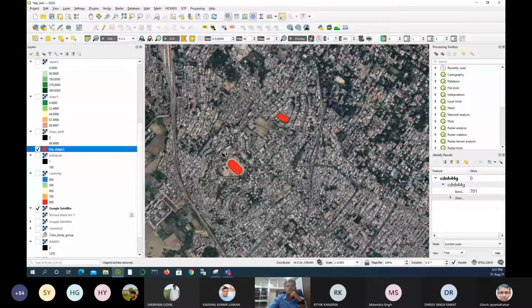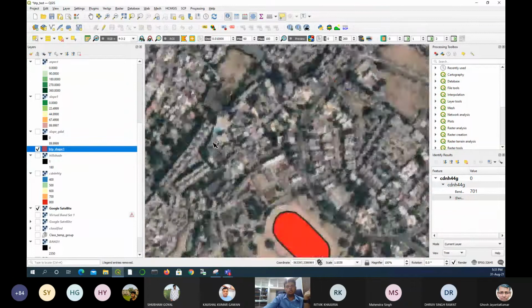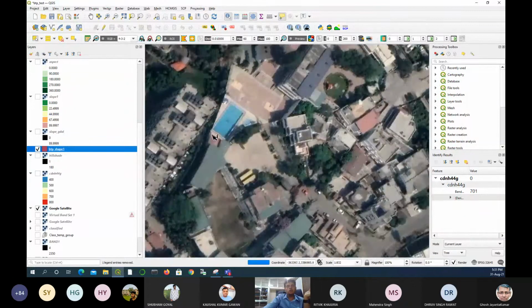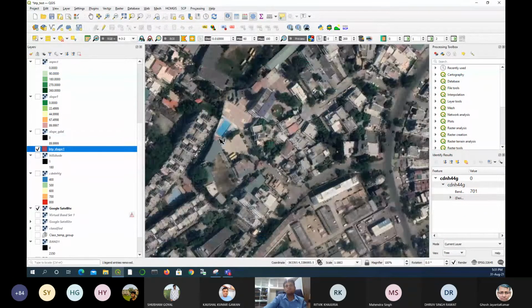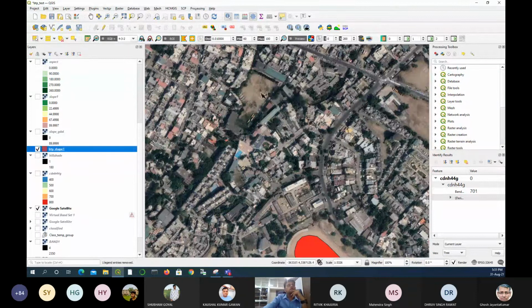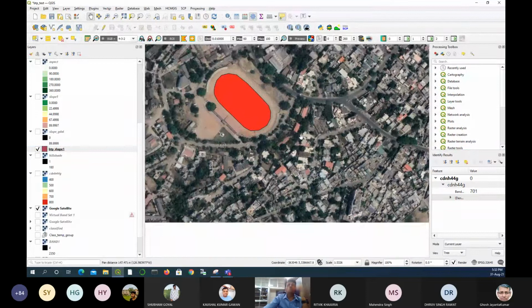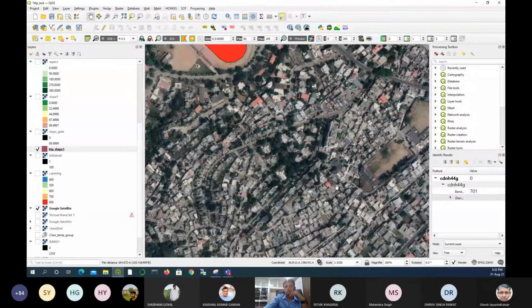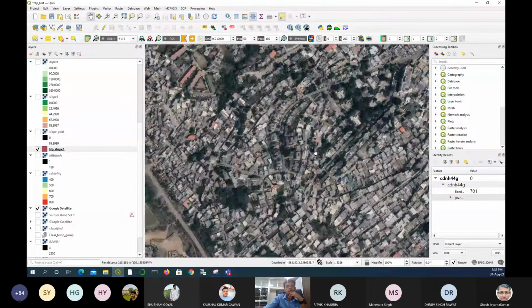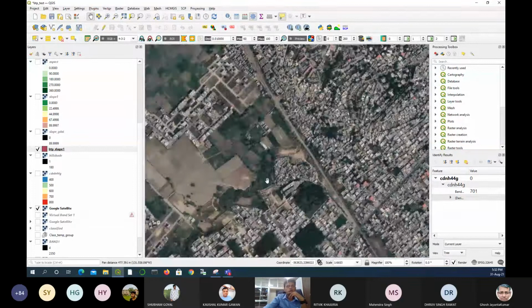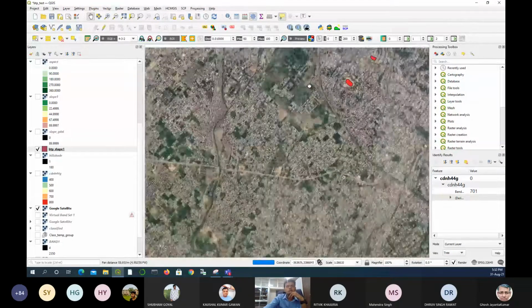Okay. So similarly, if somebody asks you to create a vector shape file for the water bodies, you can do that. I mean, it looks like a swimming pool. Yes, of course, it is a swimming pool. But if somebody asks you just to create all the database in your study area, all the water bodies, and swimming pool is also like, if somebody is interested, you can also create that one. But we can see where is the water.